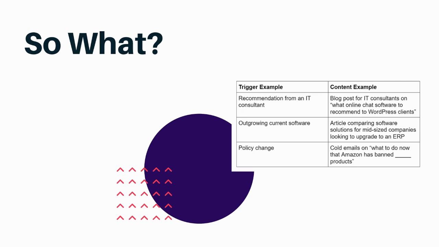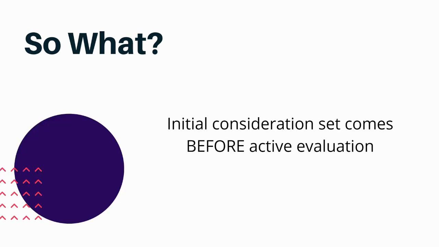If the trigger is outgrowing current software, then your content may be an article comparing software solutions for mid-sized companies looking for a new ERP. If the trigger was a policy change, consider cold emails about what to do now that Amazon has banned certain types of products. You can create content for each stage of the customer journey just like this, tailoring it to